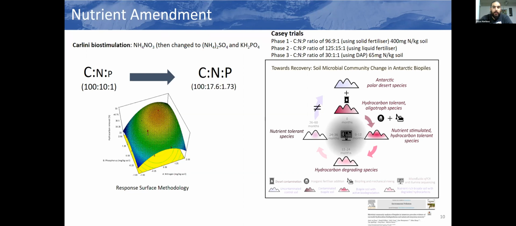And finally, for the measurement of the hydrocarbons, we also use different techniques. For example, infrared